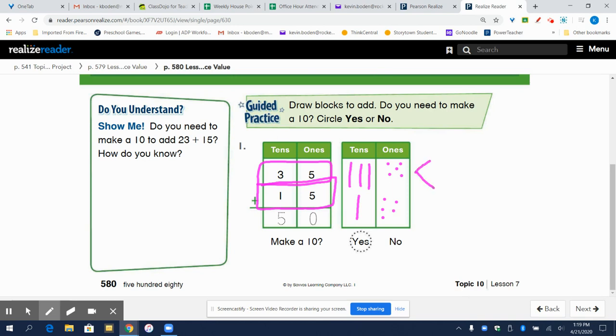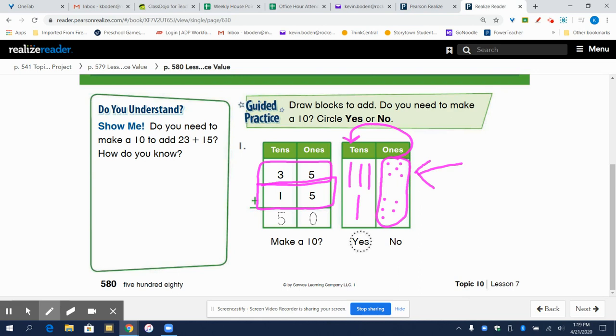I have right there, I see 5 ones. 1, 2, 3, 4, 5. And if I go down here, I have 6, 7, 8, 9, 10. And now there's 10 ones there. So now on the next page, we're going to learn that we can take that 10, and 10s don't belong in the ones place. So now we're going to put it in the 10s column over there. So if we get rid of the ones over there and put it in the 10s column,